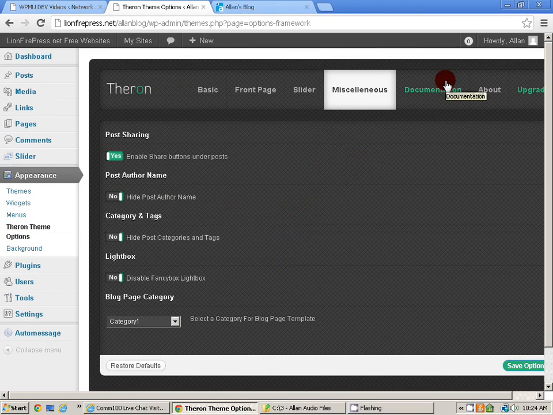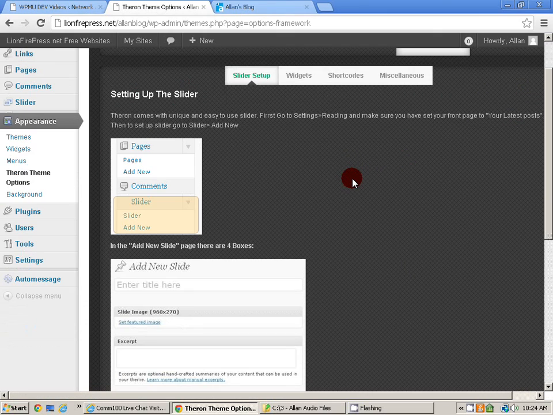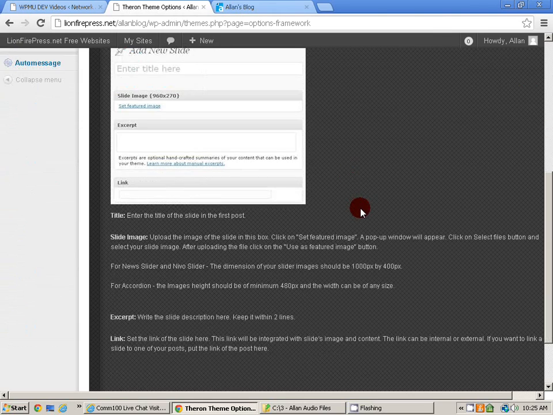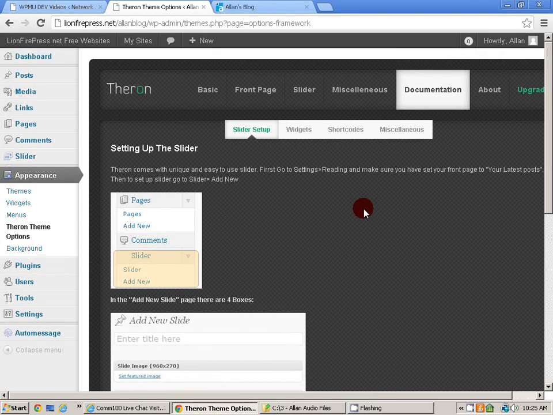Documentation. Now, this is where it gets even more difficult because this is information on how to set up the slider, and this can be a little difficult because you've got to have the images in there. They've got to be formatted correctly. They've got to be the correct size, and so there is some information there on that. So this, from the picture, looks like a great theme. But great themes a lot of times can be a little difficult to set up, and you're going to need a little bit more knowledge than just a beginner might. So we've got documentation on that, the widgets, and also the short codes so that different things can be embedded